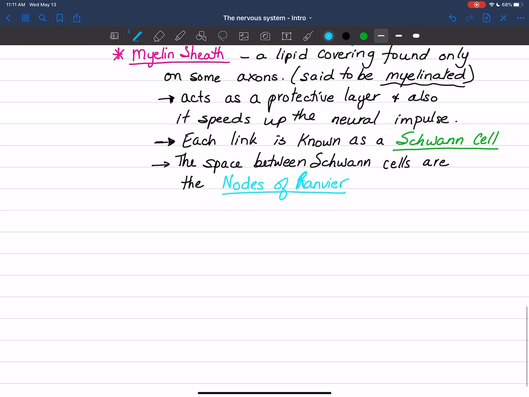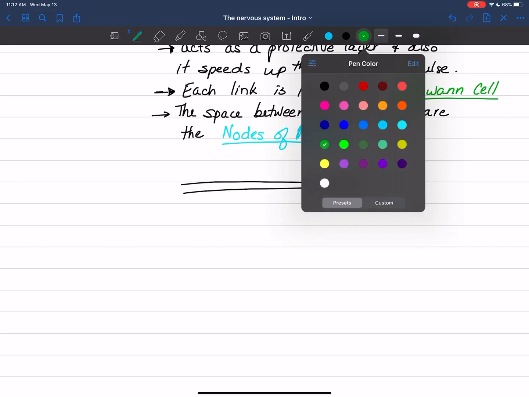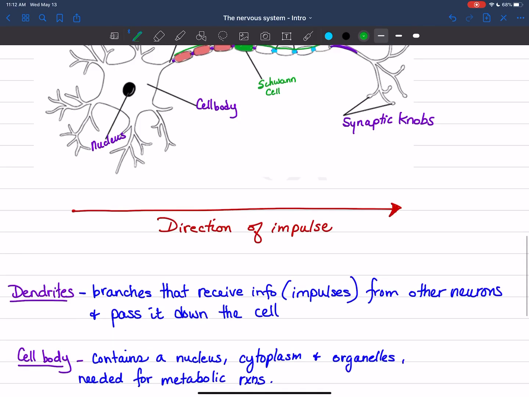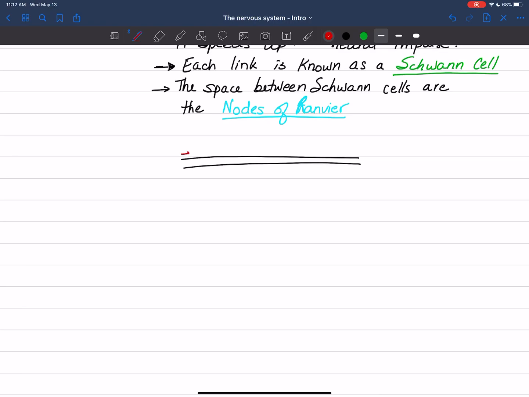And the reason why these are going to be important is, again, in order for it to speed up the transmission of the impulse. And the way I like to explain this is if I had my axon and the axon is not myelinated, then what's going to happen is the message, let's say that the message, which color was the message? I think it was red. Yeah, so the direction of the impulse, it was in red. So the message is going to have to travel every single section of this neuron. And so if you were to walk across the room heel to toe, it would take you quite a long time to send the message. So this is the message